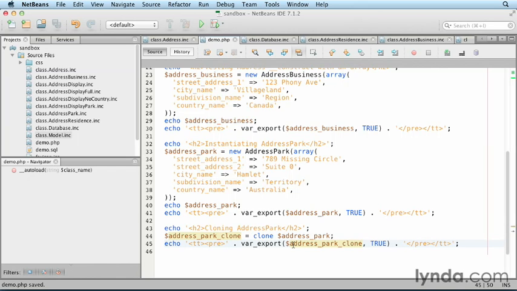Next, add a comparison test between the two objects. You can use the same comparison and identity operators as you would with primitive comparisons. The primary functional difference is that the comparison operator, double equals, only checks to see if properties are the same, while the identity operator, triple equals, will ensure that in addition to the properties, both objects are instances of the